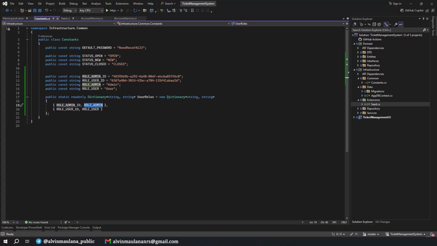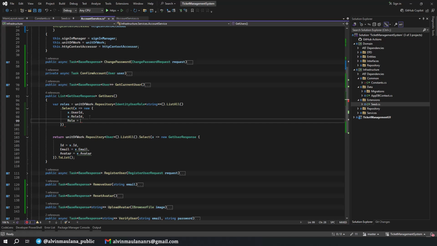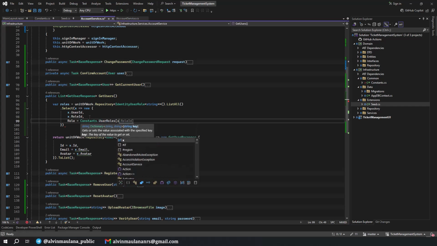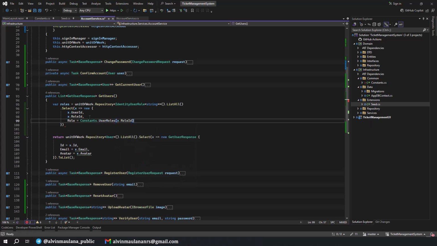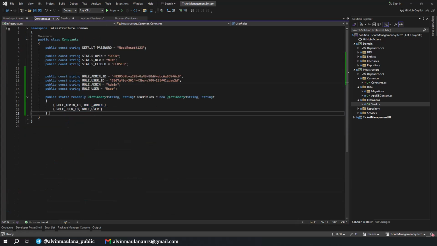So the implementation could be quite easy. Where is it? Role equals constants user roles, and just put the key of our role ID. By this, we should get the value when the role ID is given. The value is one of these two, admin or user.